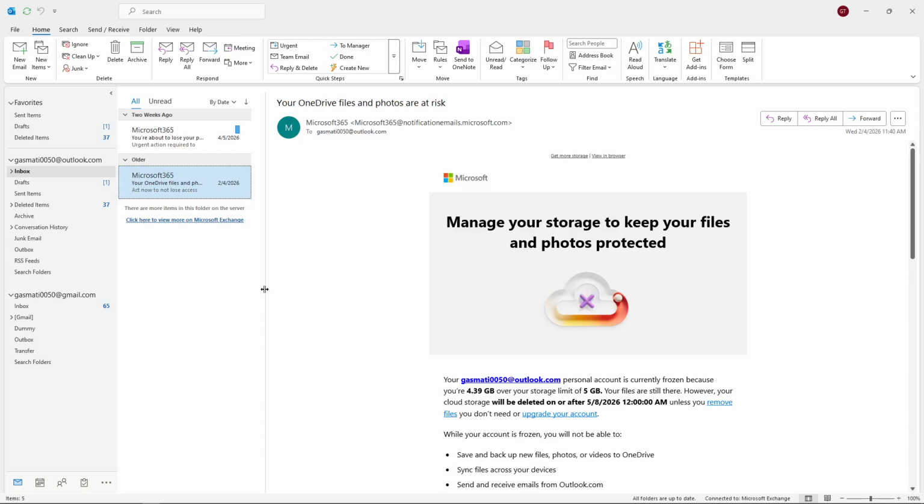Today I'm going to show you how to stop Outlook from automatically marking emails as read. This is really useful if you want to maintain better control over which emails you've actually reviewed versus the ones